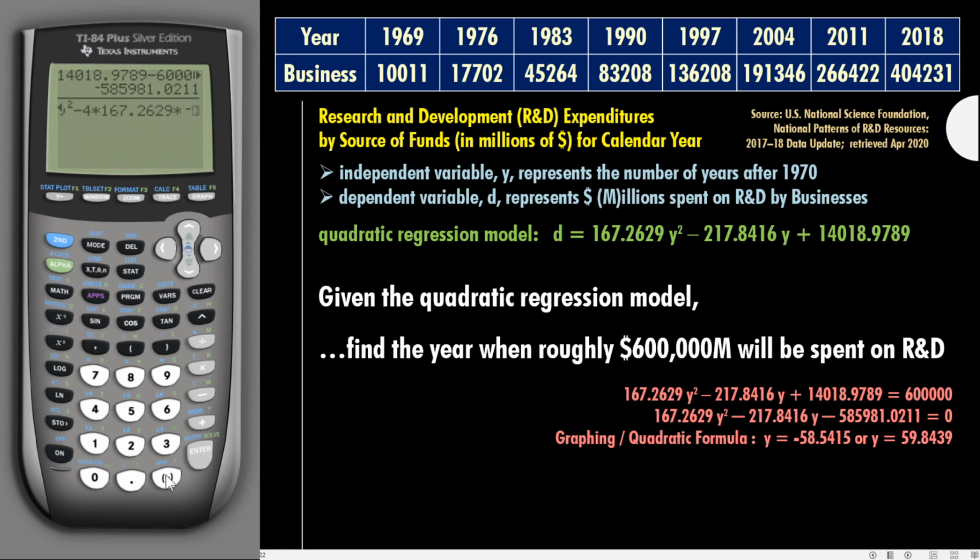There's my negative, 585,981.0211. That's all inside parentheses, inside the radical, but now I have to use parentheses around the whole thing, and